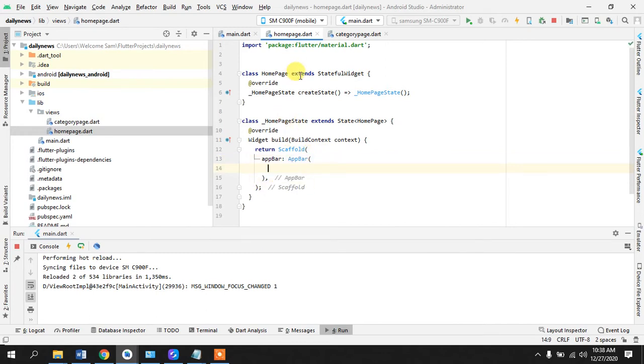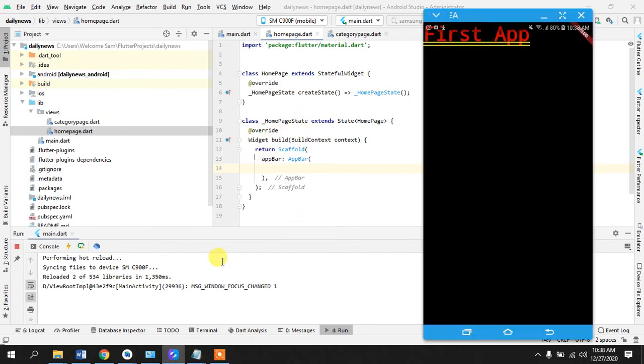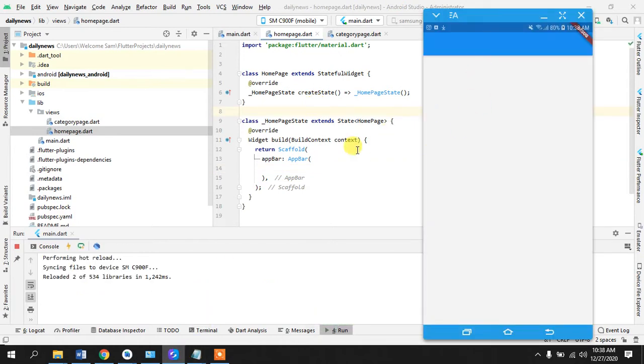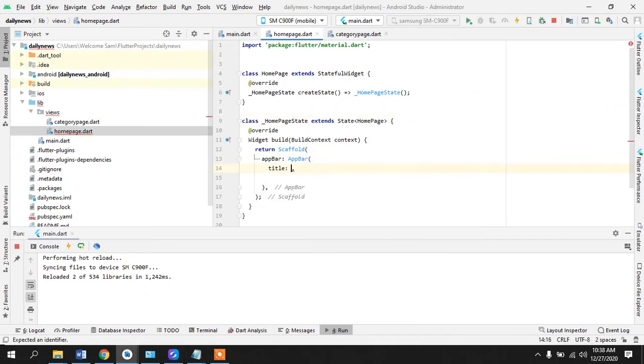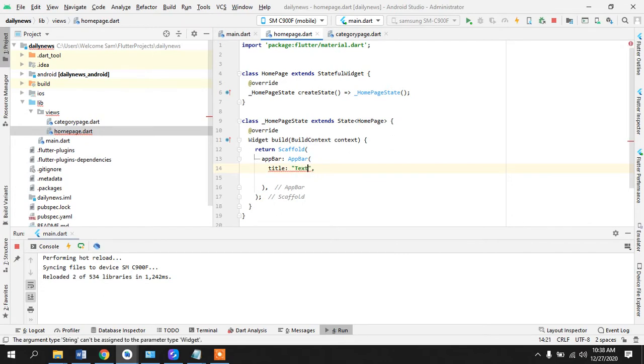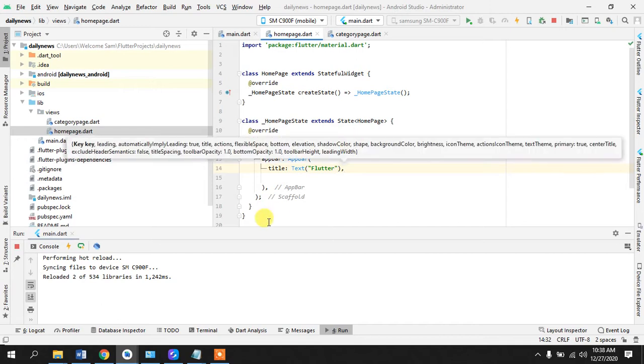and the benefit of using this stateful widget under this build method is whenever you are doing something and you press save, it reloads the app and you see that black thing is gone. So now we have the scaffold, and the title that we are going to give is the text. In Dart it cannot be like this. This is not Java. So here we can give this Flutter, and we can take another Flutter,